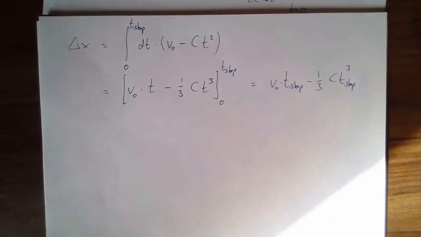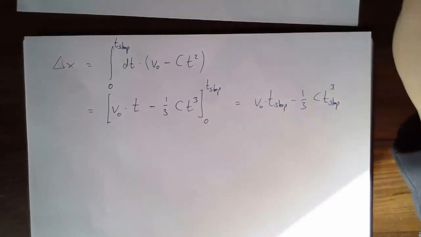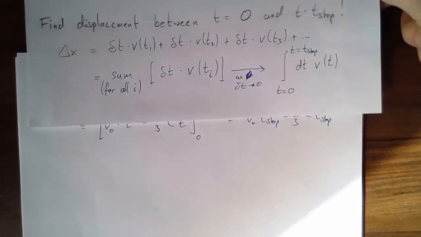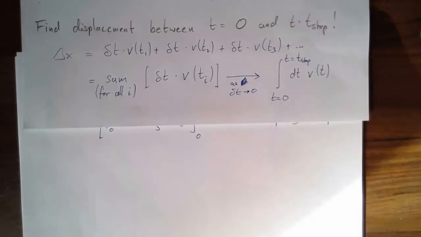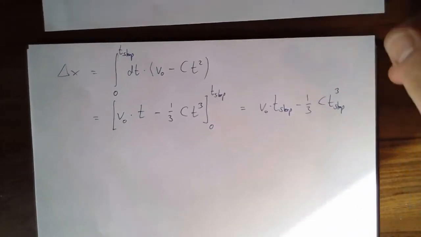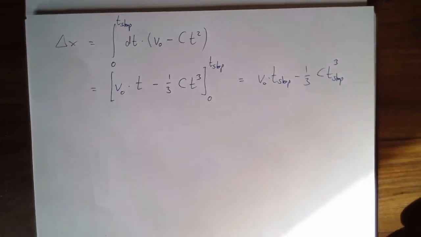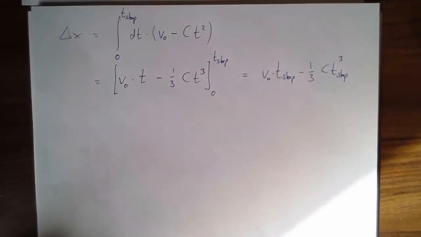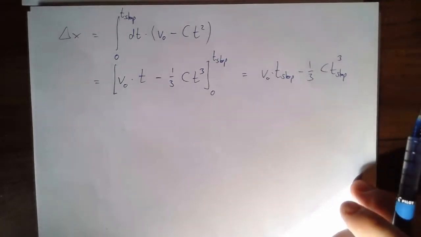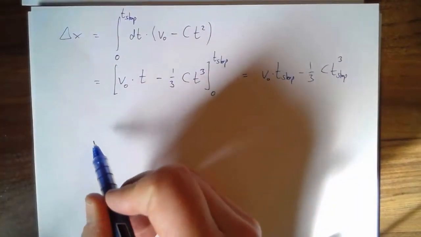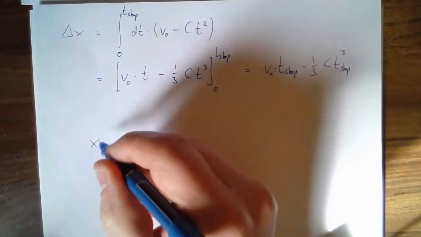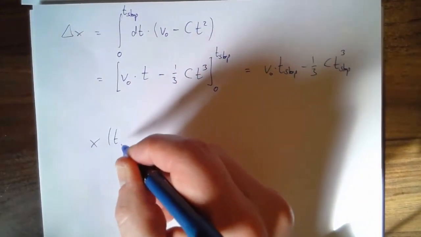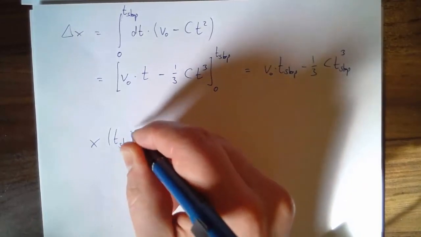Now the question, kind of the cheating part here, is that it didn't tell you why it is that just rewriting the sum in this form is really the integration that you know. And that really comes from what's called the fundamental theorem of calculus, which hopefully you remember from your calculus class. But just to give you the basics, what we have is that x at the end, let's call it t stop, let me stick with that,